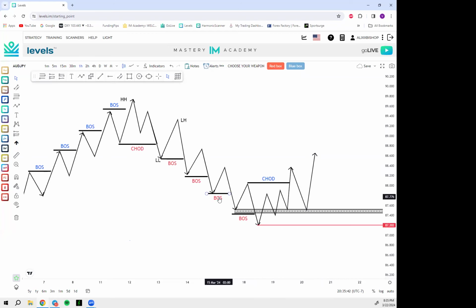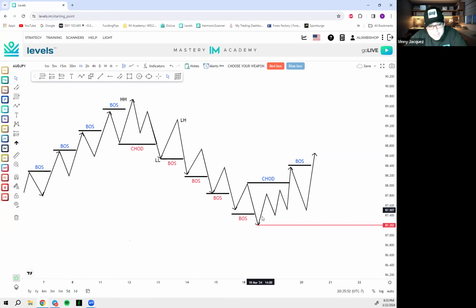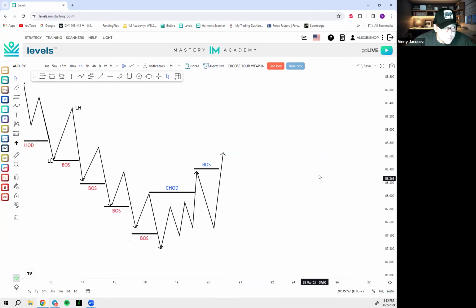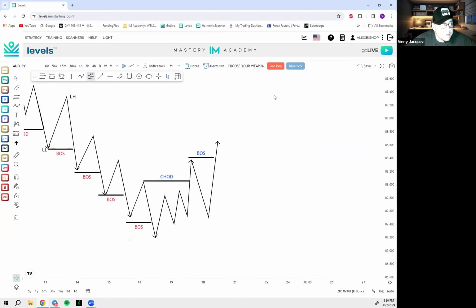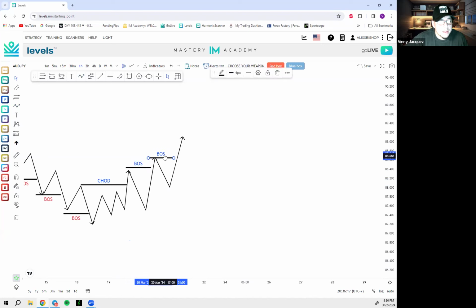There's only BOS. Let's go. Because we're continuing trend now, right? Now, all we do is rinse and repeat, guys. We rinse and repeat, fam. That is literally all we do. We cannot mess this up because the market literally draws everything for us. So all we have to do is mark it up. Market gives me a higher high, higher low, BOS. And all we do is stay ready.